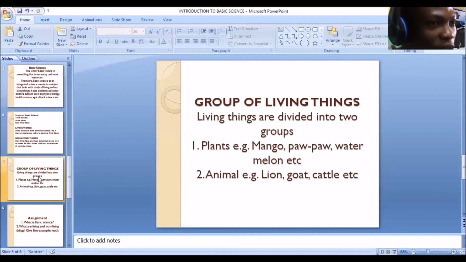They are living things because they respire. They exhibit the various characteristics of living things. They can reproduce, they can undergo respiration, excretion. They have these characteristics that living things exhibit. If you compare plants to animals, you will see that plants exhibit most of the characteristics that animals exhibit.